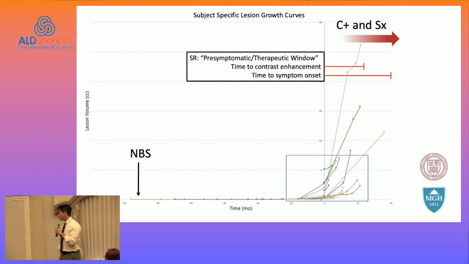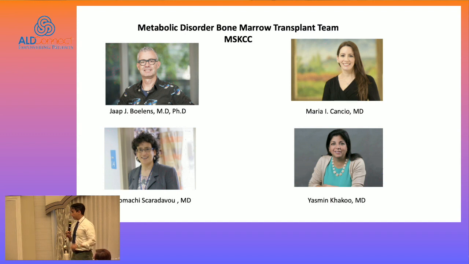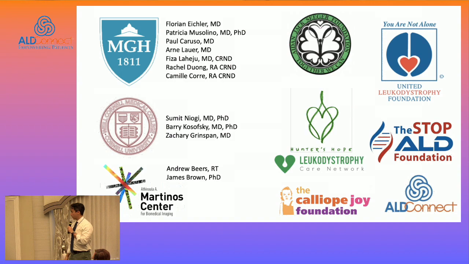I think those are really important questions because it gives us the frame of time within which we should be intervening. So with that, I'd like to do a little shameless self-promotion, because I was the only person seeing patients in the leukodystrophy clinic at Cornell, and I'm going from an I to a we. Dr. Bolens is the new chair of bone marrow transplant at MSKCC and has wonderful experience in metabolic disease. He came to us from the Netherlands, and he's been teaching me a lot since he's shown up. A lot of people to thank, and I thank you for your time.